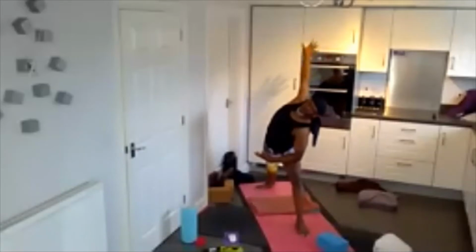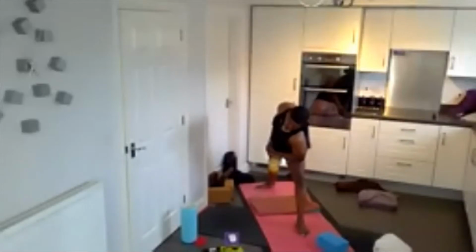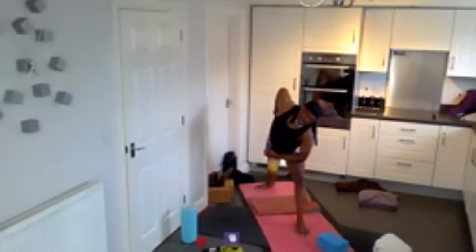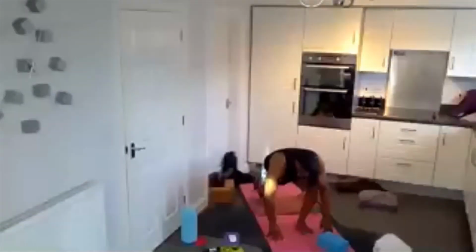Slide your right arm all the way around the back and tuck it onto your left hip for extending warrior variation. And as you press down into your left leg, breathe in, glide your left ribs forward away from left hip. And as you breathe out, soften both shoulders down. One more breath there, deep breath. And exhale, release. Bring your hands down either side of your front foot and place your right knee to the